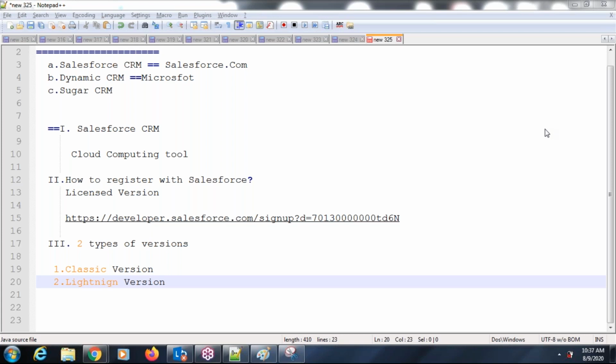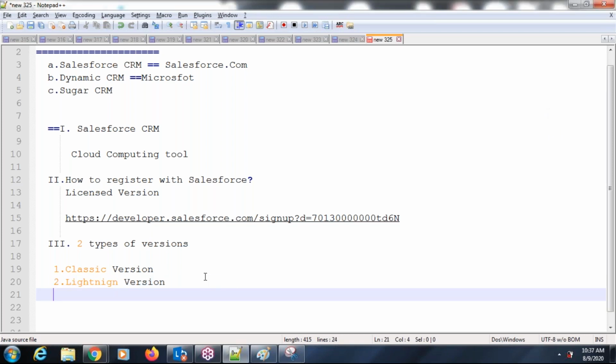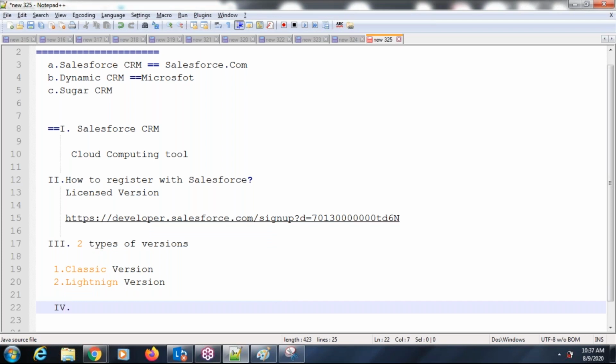Okay, fine. The next point is here. Suppose I am working in Salesforce. You will ask, what are your daily responsibilities? What will you work on in Salesforce? If I'm working in Java, I will develop an application, a login page, and some other pages. But what will you do in Salesforce? In Salesforce also we will do the same thing. Then the difference between Java and Salesforce is nothing.